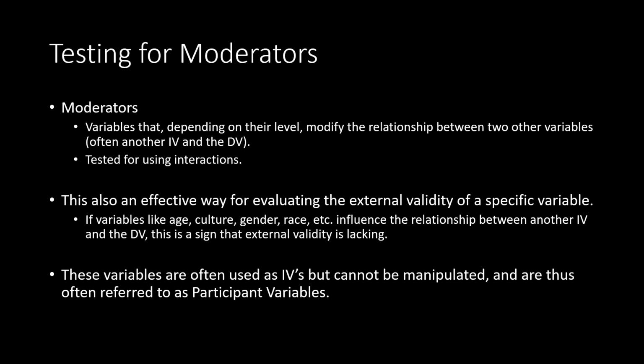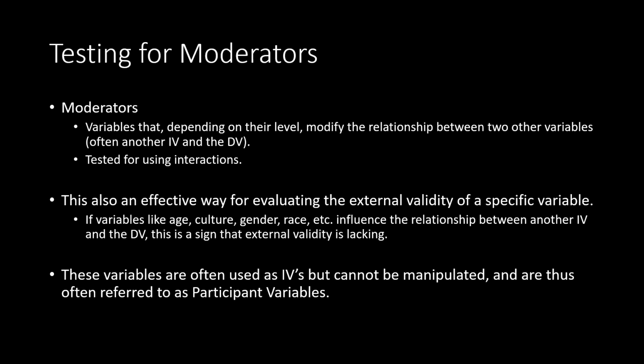And so what I could do now is take people from each of those different countries, use their nationality as one independent variable, their socioeconomic class as a second independent variable and then measure how much they likely subscribe to this just world phenomenon. And now what I can do is see, do the various people from different countries all have the same relationship when it comes to their socioeconomic class and how much they believe in the just world phenomenon? Or are there different relationships between the socioeconomic class and how much they believe in the just world phenomena